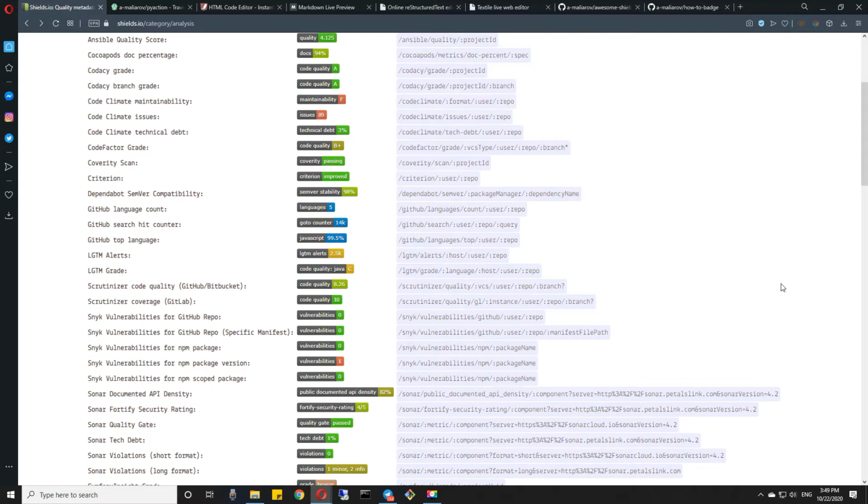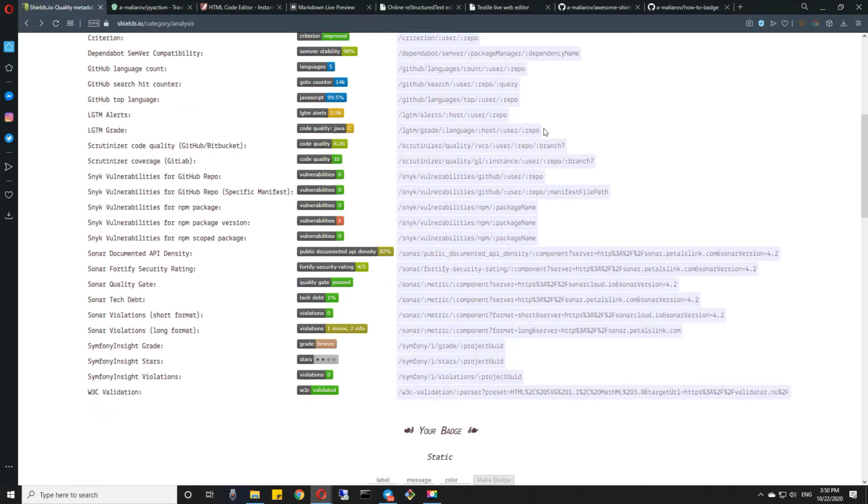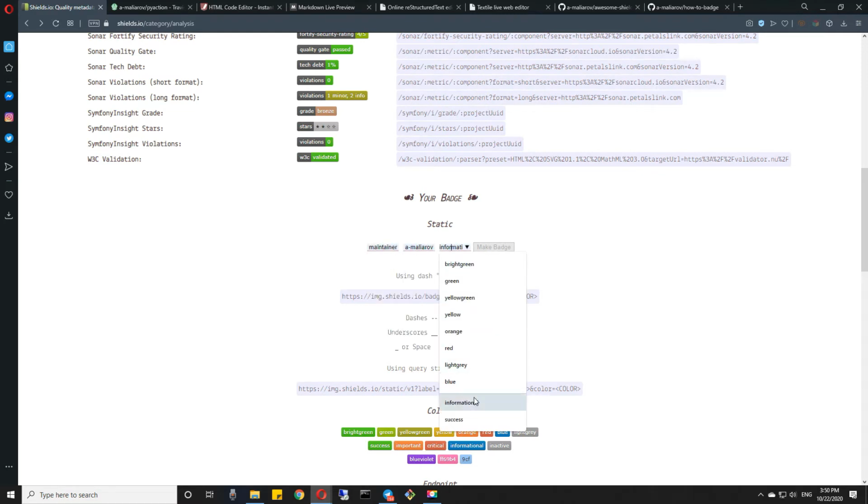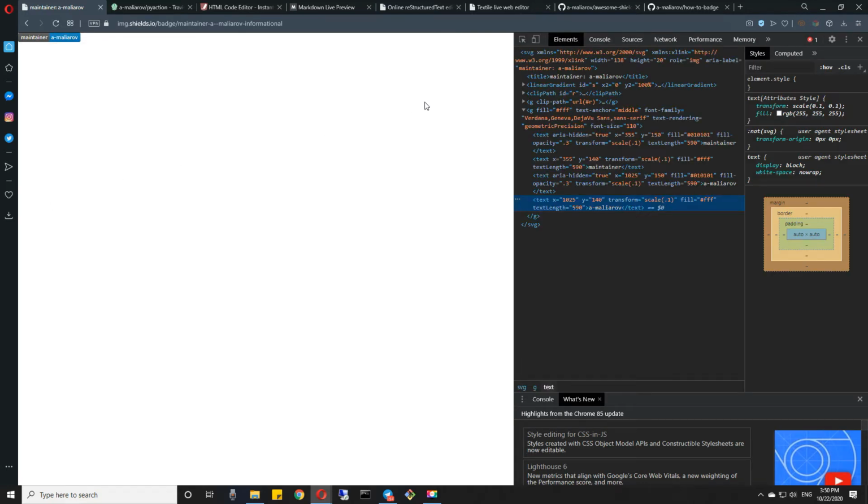So something that we should figure out is, what is actually a badge? Well, for doing such a thing, let's go to shields.io and create a simple static badge with just hard-coded information. Let's take something that I've used before to create the same kind of badges and make a badge. What we've got here is a source link and this mysterious output element, which is called a badge. Let's inspect it, and what we can see here is just an SVG, or scalable vector graphics. For now, we can just call it an image.